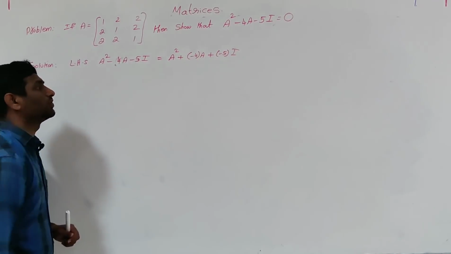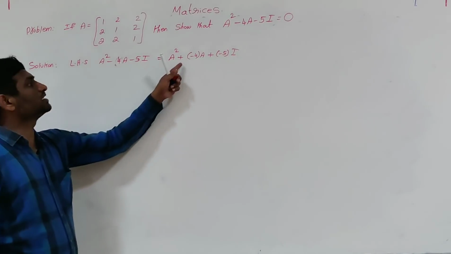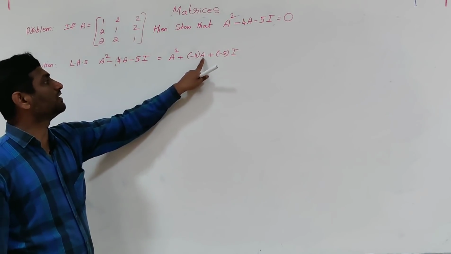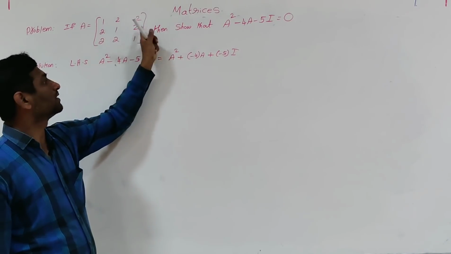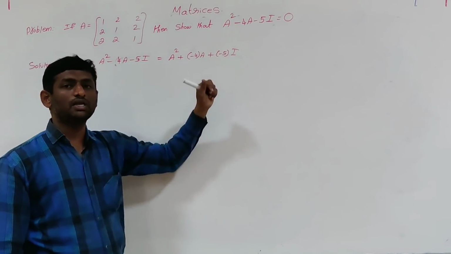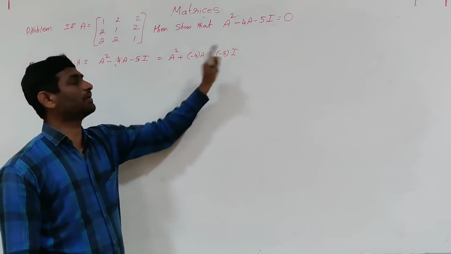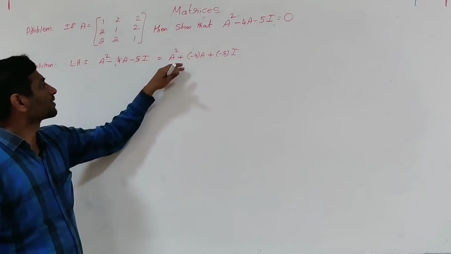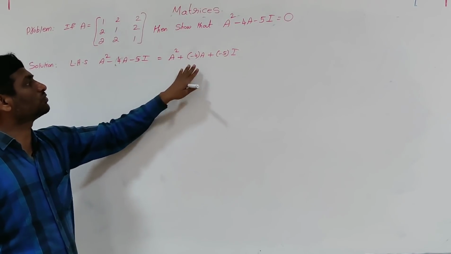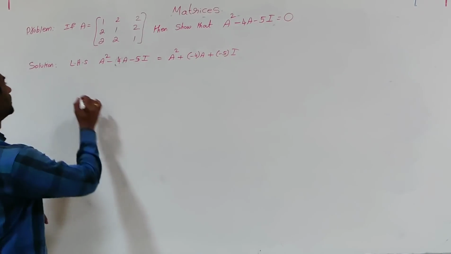Minus 4 is a scalar. The scalar is multiplied to each and every element of matrix A. Similarly, minus 5 is multiplied to each and every element of capital I. Let me write what is A square, what is A, and what is I. Now,